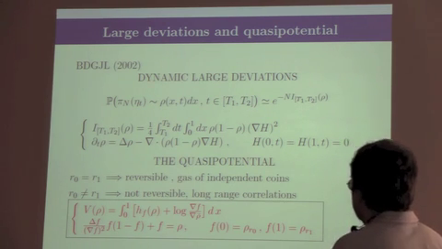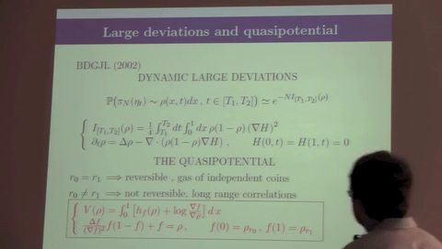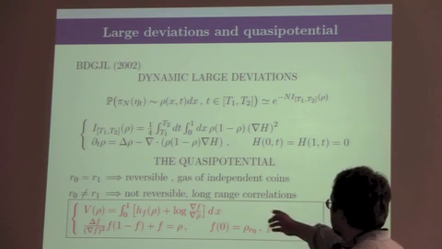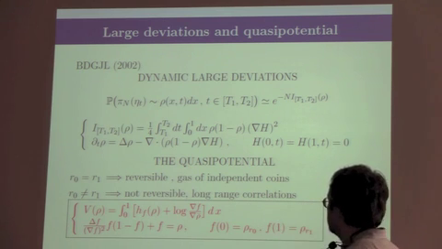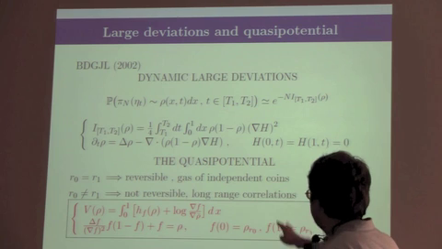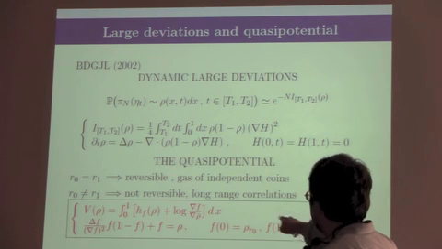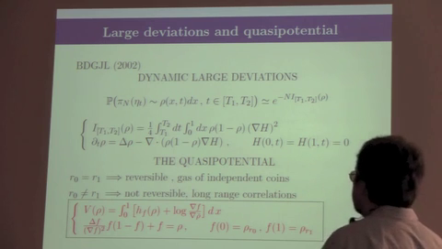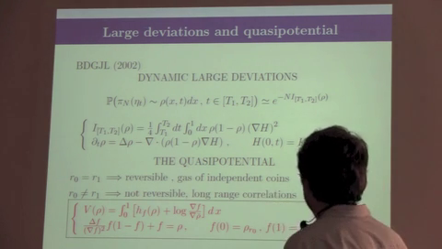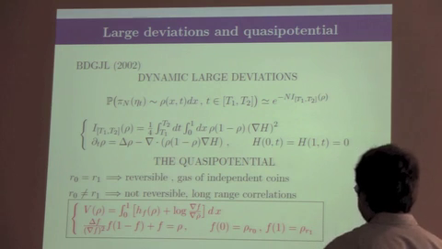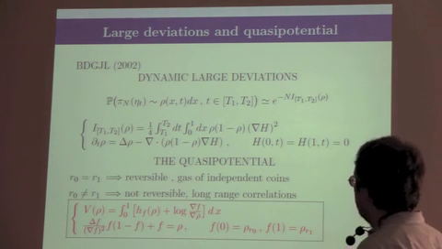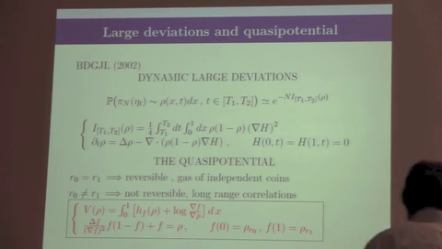What you get is that in the system appears a long-range correlation, and the rate function has this expression. So if you want to compute the rate function for a density profile rho, you have to compute this integral here, where the function f is obtained as the unique increasing solution of, so let's suppose that rho R0 is less than rho R1, then f has to be increasing, has to solve this second order